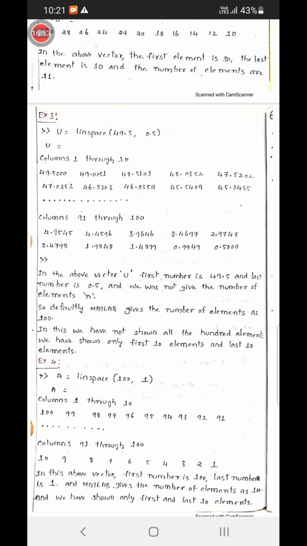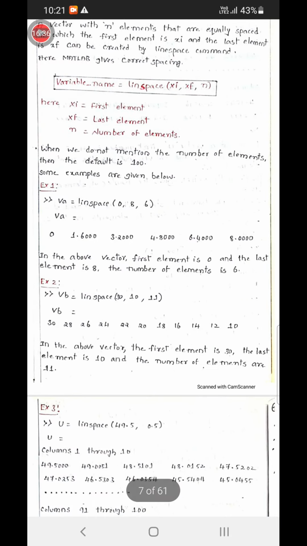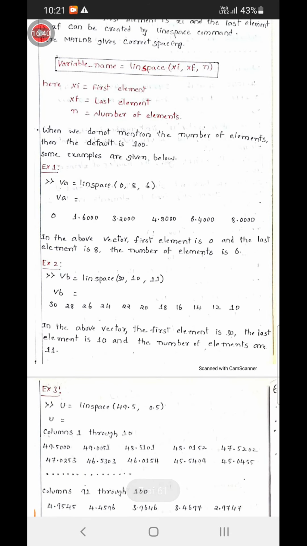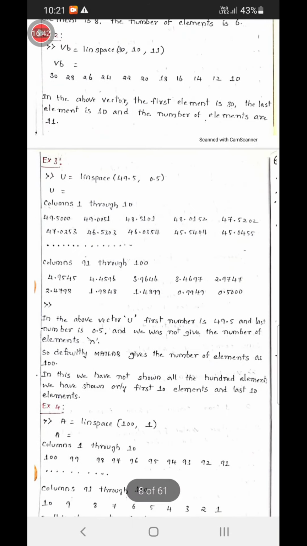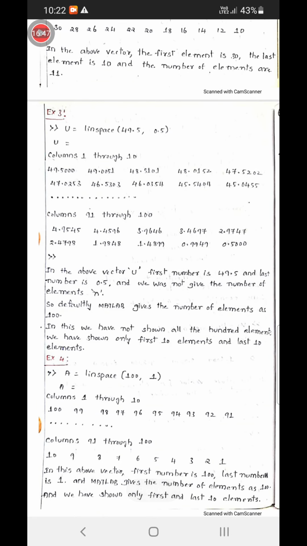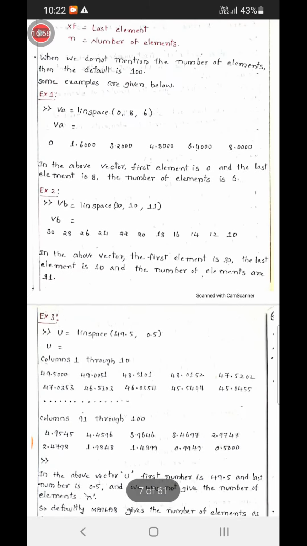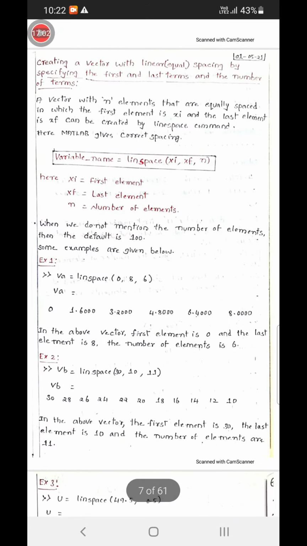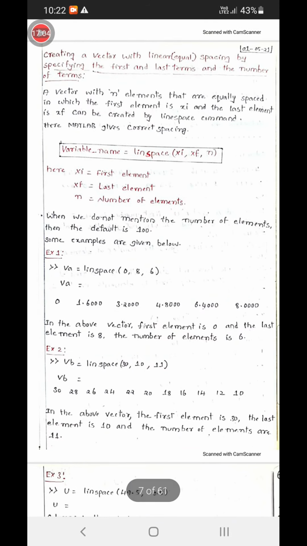Simple. In the first two examples, we mentioned the number of elements, and in the third and fourth examples, we did not mention the number of elements, so MATLAB takes the default number of elements as 100. That's all about the linspace command. I hope all of you understand this linspace command.